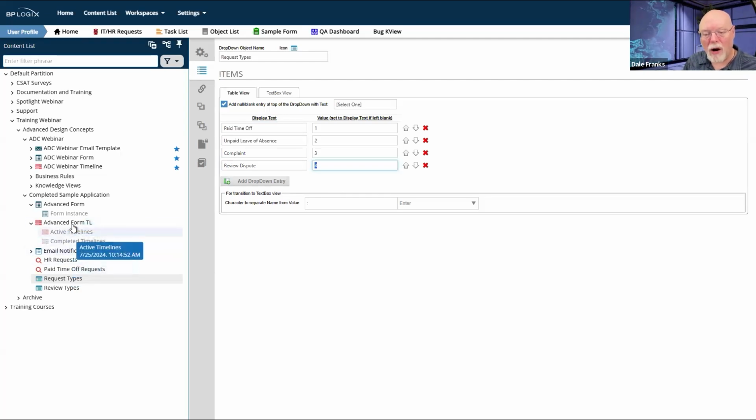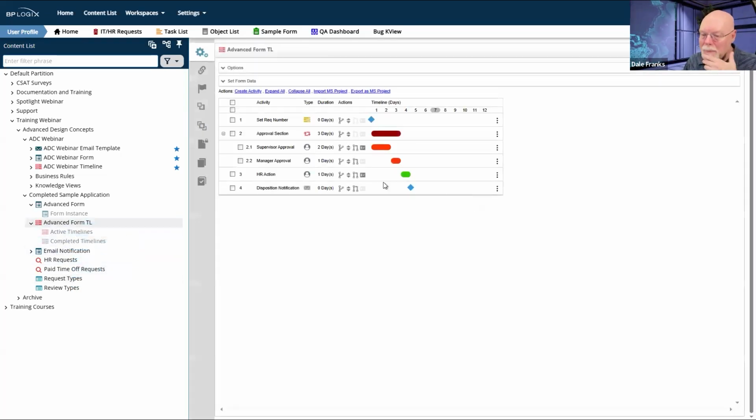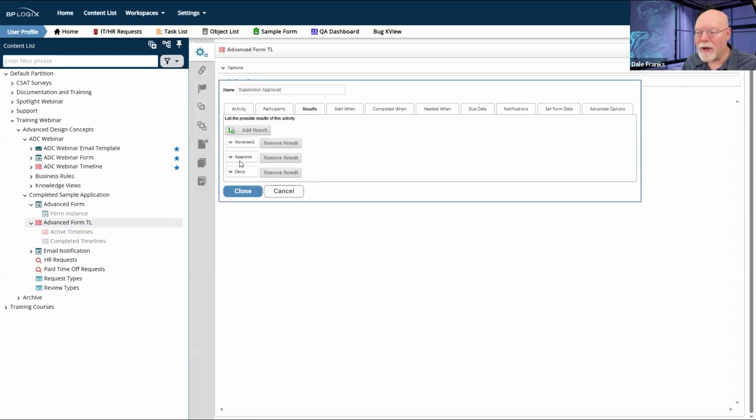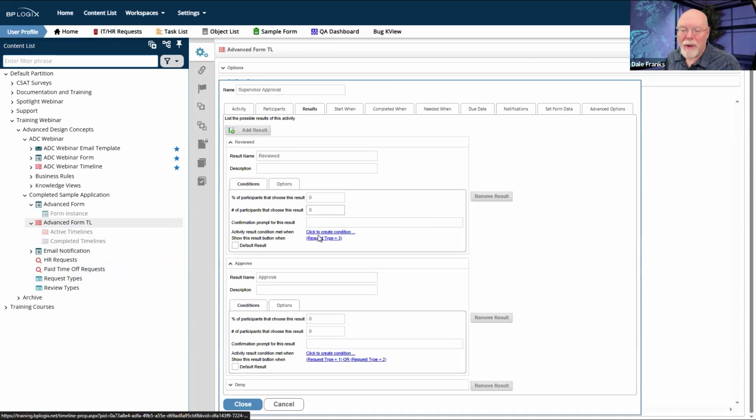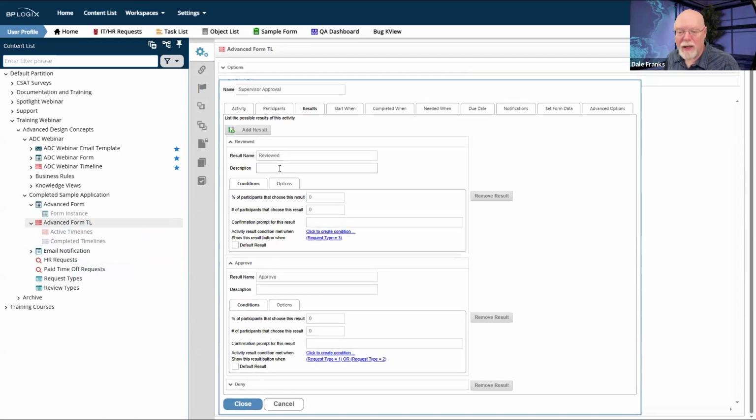So when we look into our timeline and we go to our supervisor approval and we go back to its results, my approve and deny are cool. I'm going to have approve and deny for request type 1 or 2. But if it's a complaint, I'm not going to approve or deny that complaint. I'm going to have a different result that's going to be reviewed.